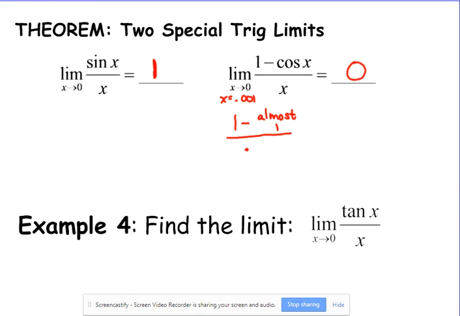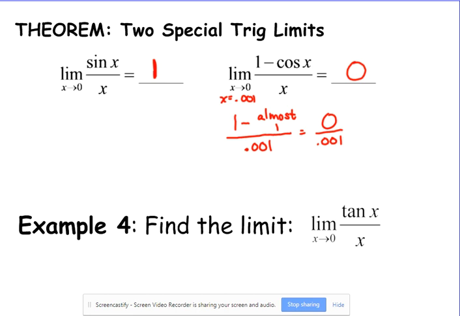And then on the bottom, we've got that x, 0.001. So we've got 1 minus something that's almost 1, divided by a really, really small number. So essentially, we have 0 on the top. 1 minus something that's almost 1 is 0. So that's one way to logic your way through this, but the easiest thing is just to